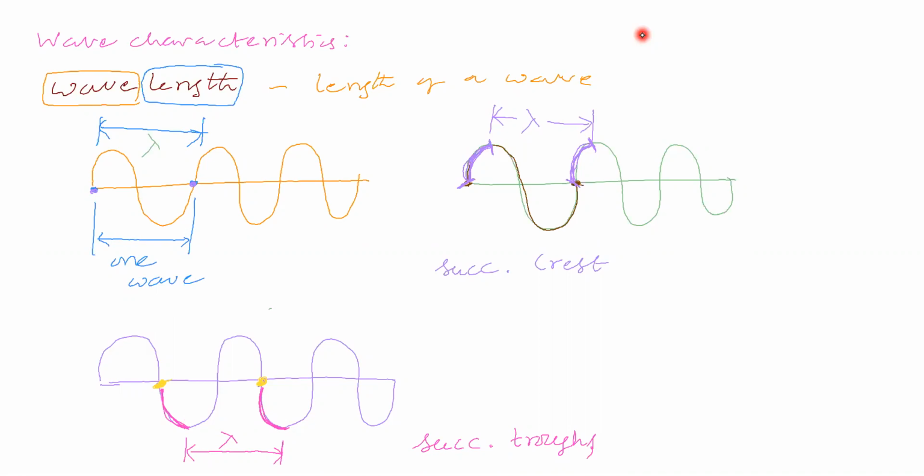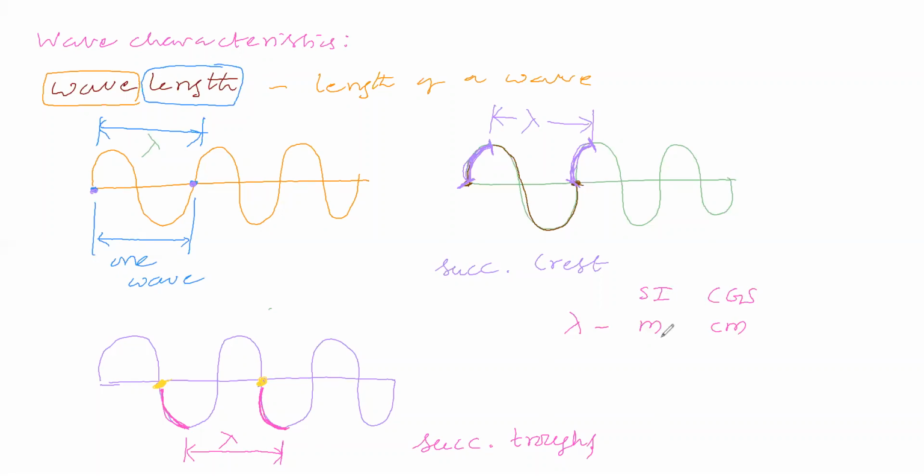So what is the unit of wavelength? That we'll see. Unit of wavelength is a distance unit. In SI system, distance is said in meters, so wavelength unit is also meter. In CGS system, distance is said in centimeter, so wavelength is also in centimeter. So the SI unit of wavelength is meter, and the CGS unit of wavelength is centimeter.